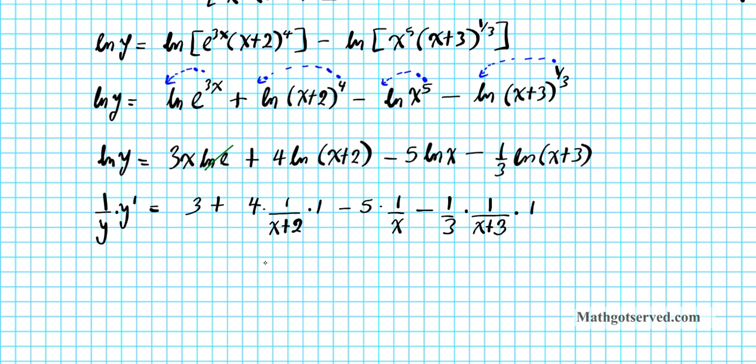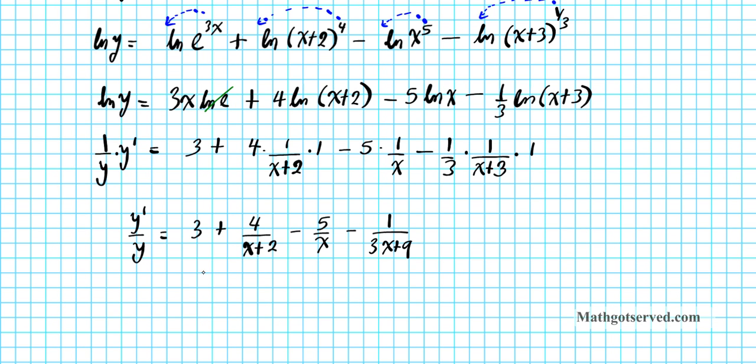So let's simplify this. We're going to have y prime over y equals 3 plus 4 over (x plus 2) minus 5 over x minus 1 over (3x plus 9). Okay, we're almost there. Now to get dy/dx isolated, I'll multiply both sides by y. Multiply this entire equation by y. So we're going to have y prime, or dy/dx, equals